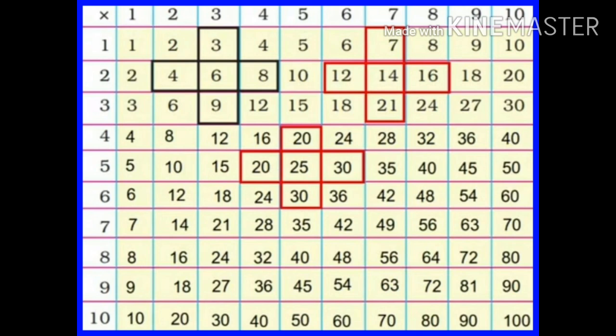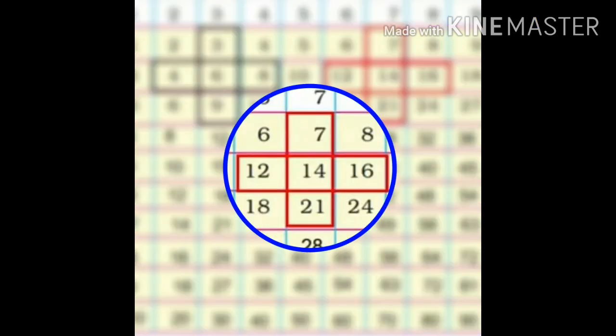You can mark these crosses anywhere. I have marked two more crosses which are red in color. Here, if you add the numbers from top to bottom or from left to right, every time you will get the same answer. Let us see the first cross. Here from top to bottom, if I add the numbers 7, 14 and 21, I will get the answer 42. Similarly, on adding the numbers from left to right, I will get the answer 42 again.